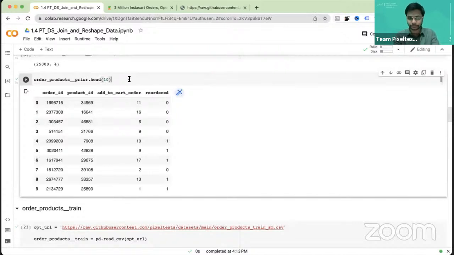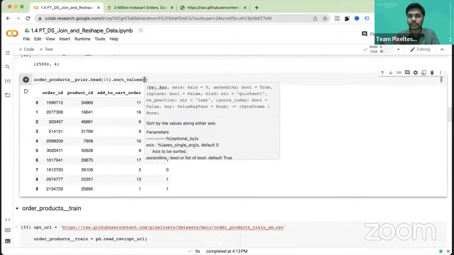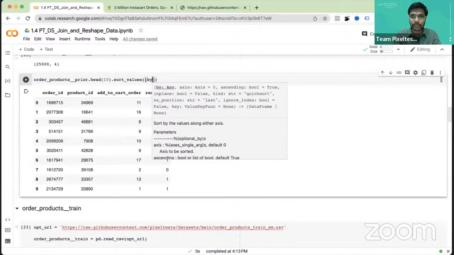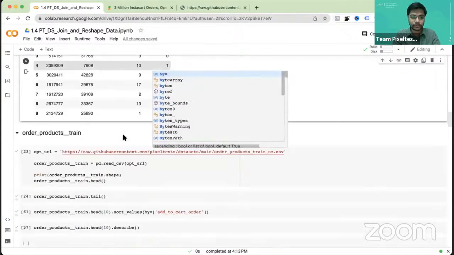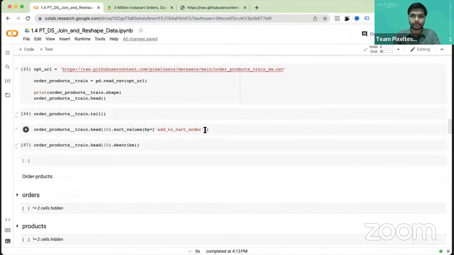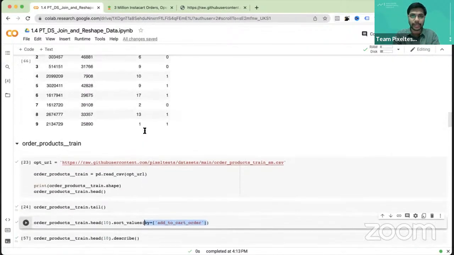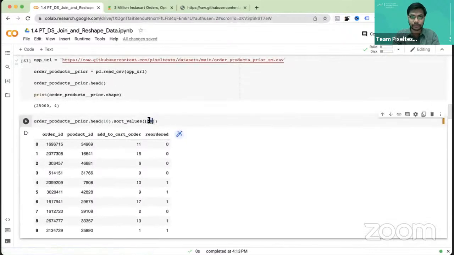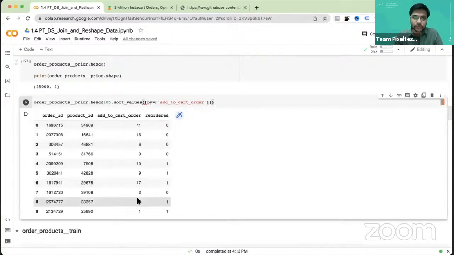Over that, I'm going to do sort underscore values. We have discussed these individual functions previously. You can see that the prompt is also saying you can sort and give the name of the column, right? I already listed it here, so you can go ahead and name the column. We are going to sort by add to cart order, right? Now what it is going to do is sort from